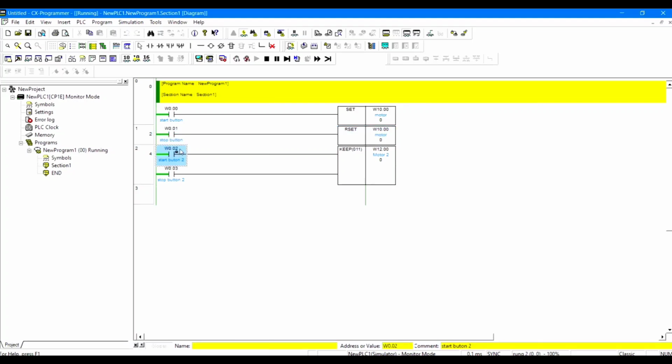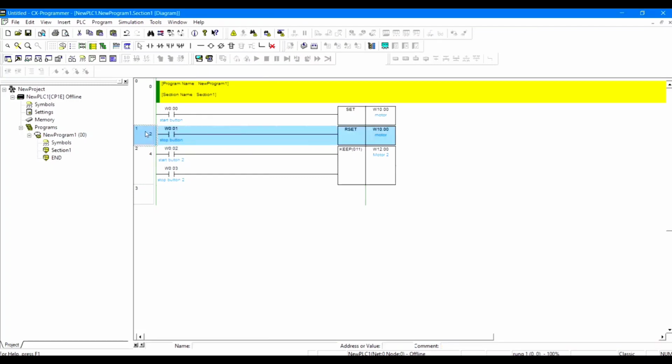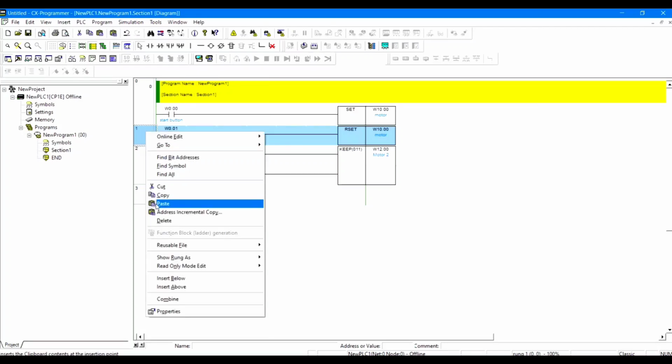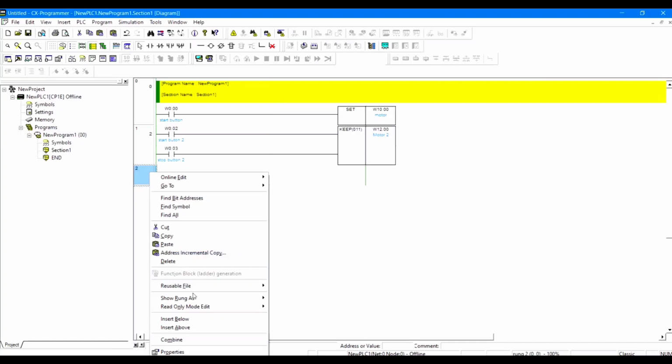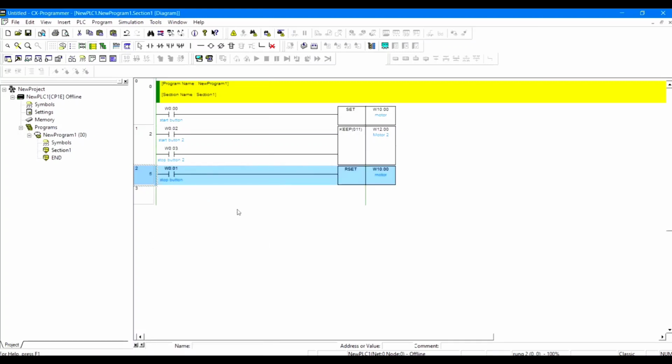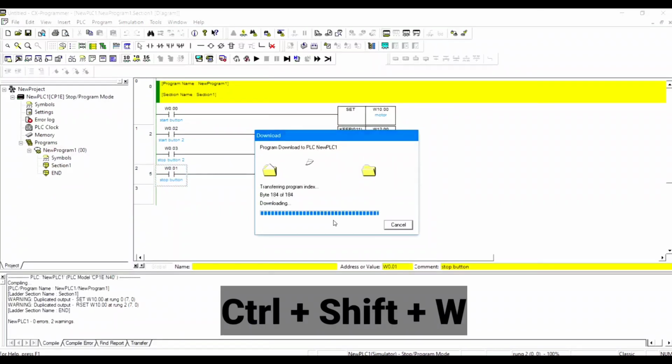So let me give another example. Let's copy and paste this instruction. To copy this, Control X, let's cut it and paste it right below. It will still work very similarly to how it was working previously.